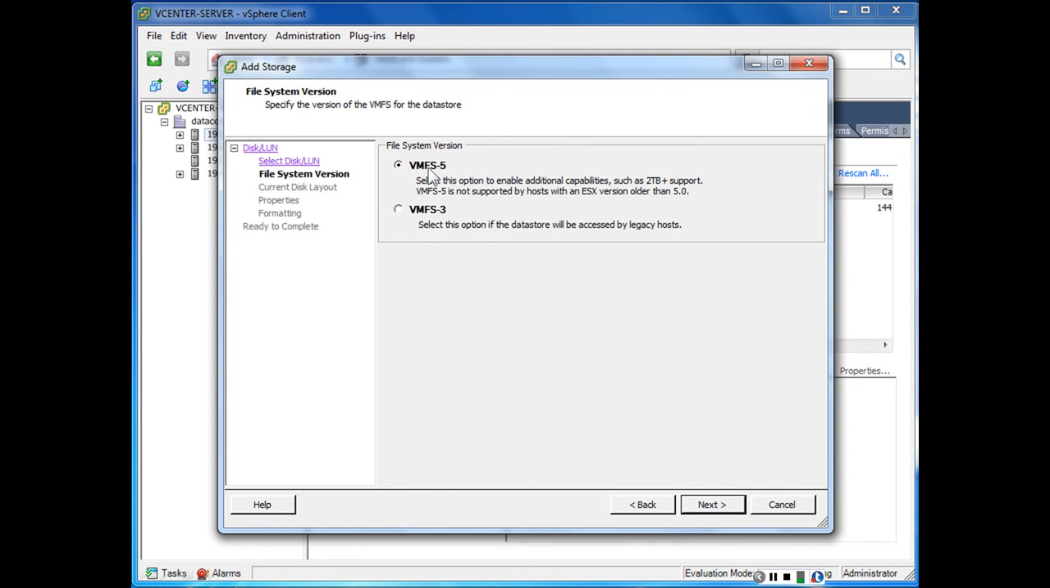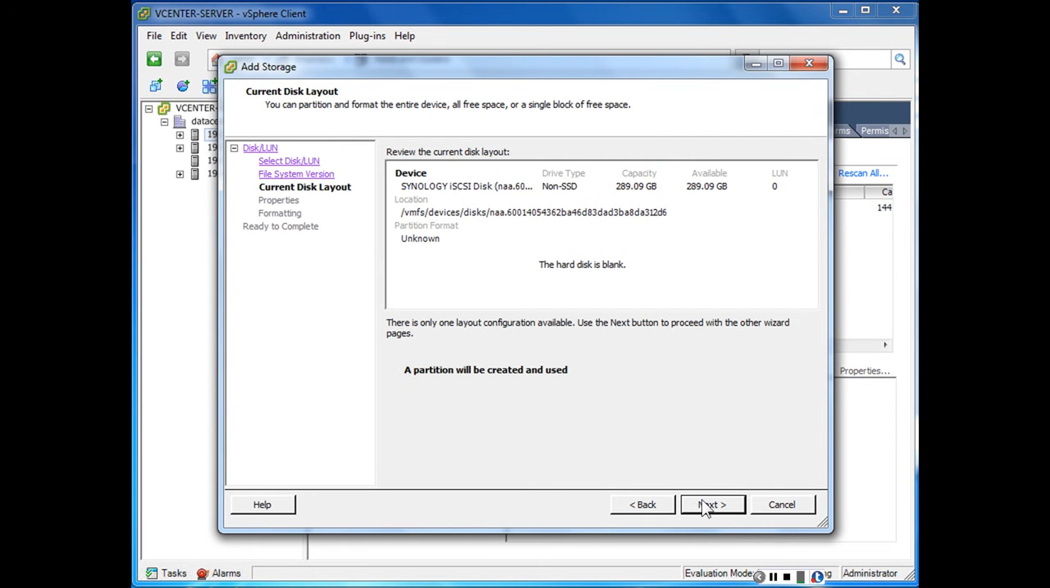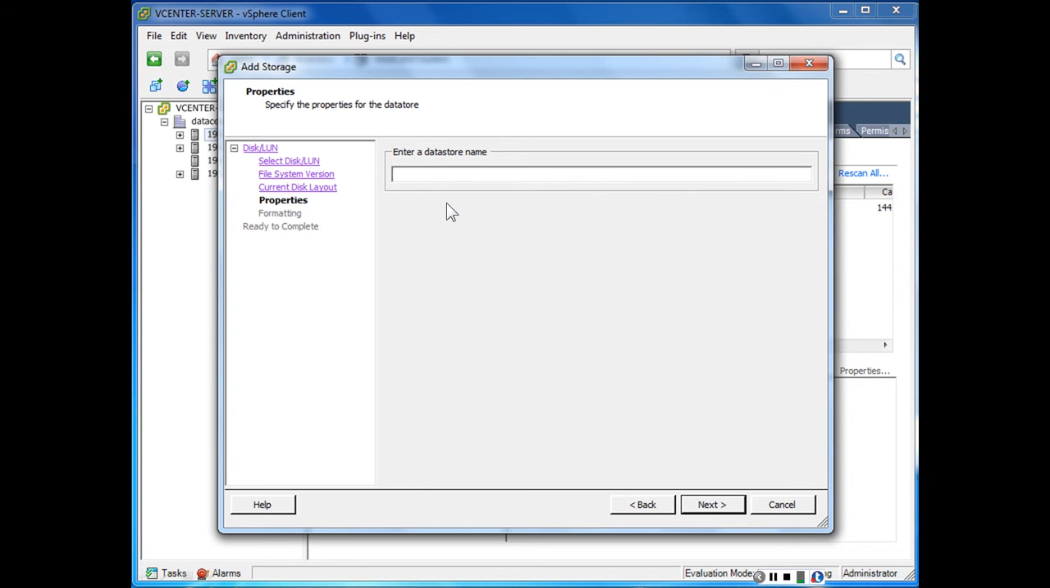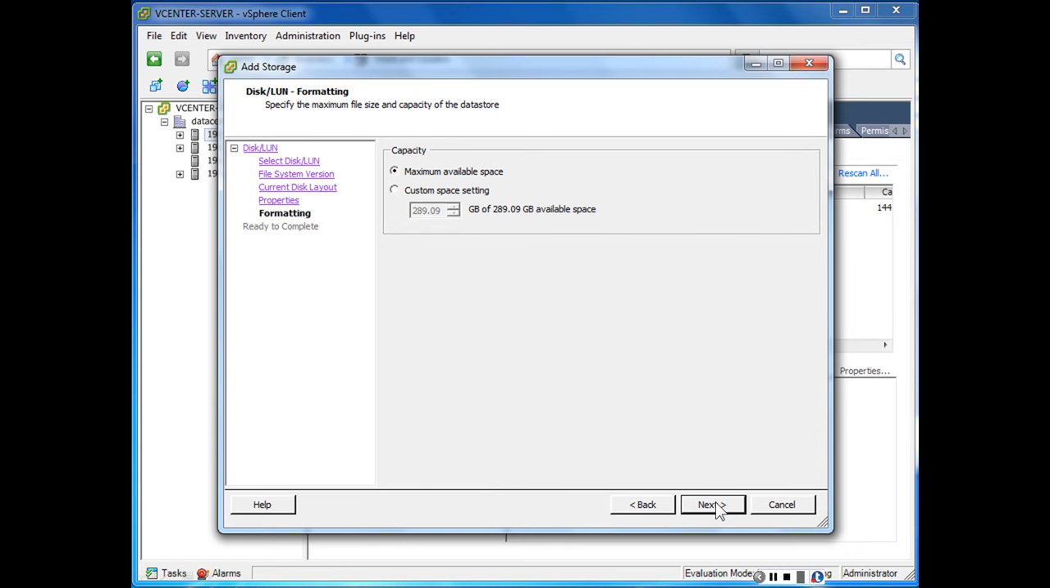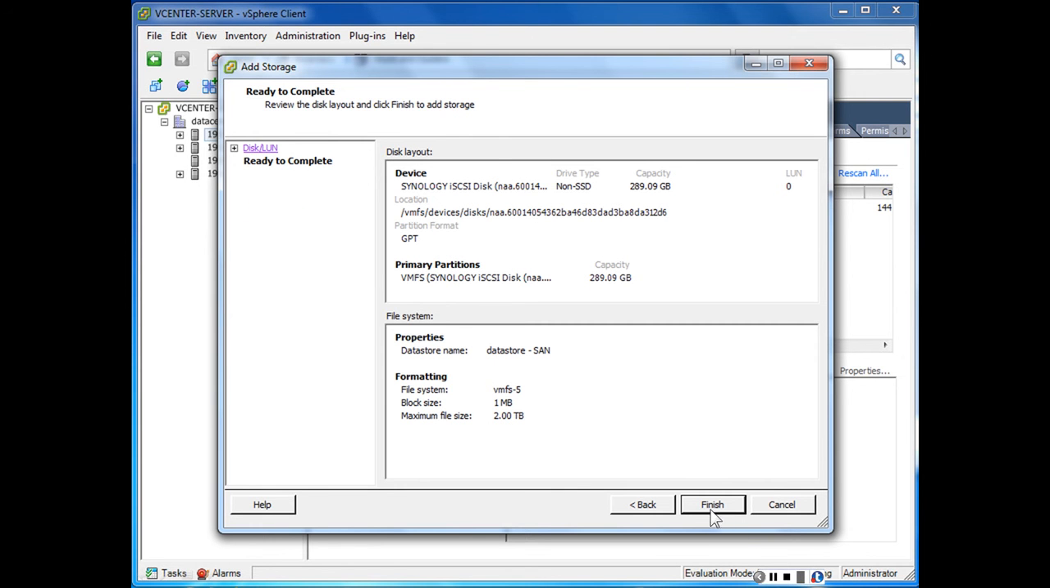Typically, we select the latest version of the VMFS file system, followed by Next. It shows us that the hard disk is blank and a partition will be created and used. Click on Next. We will give it a data store name, such as Datastore SAN. Click on Next. It says, do we want to use all of the space available or just some of it? We will select all of it, followed by Next. We click on Finish,